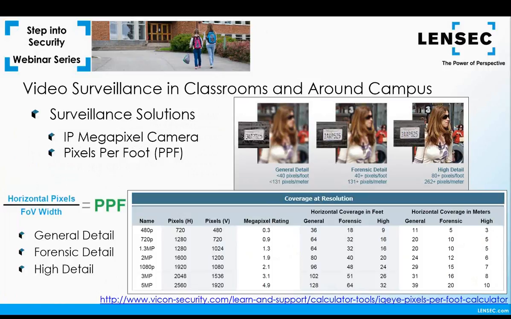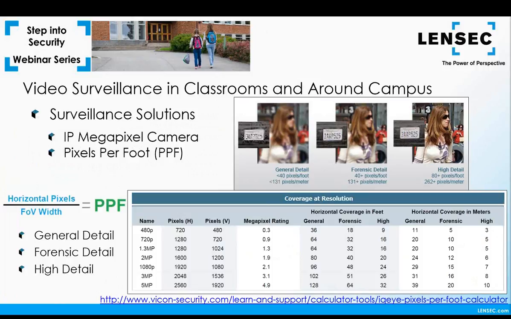Pixels per foot is a metric that delivers a specific level of quality. For example, using this chart, you should be able to select the right resolution for the scene. The image following the pixels per foot criteria should deliver a predictable level of quality. Calculating pixels per foot can depend on two factors: the number of horizontal pixels in the video and the width of the field of view the camera captures at the point of interest. Be careful to properly identify the horizontal pixel count. Don't confuse that with the vertical pixel count.